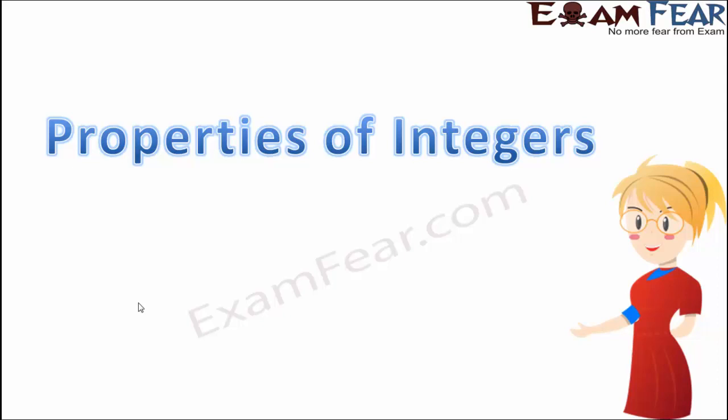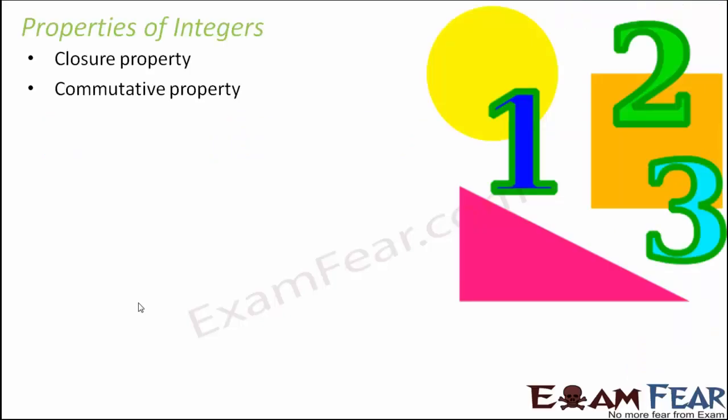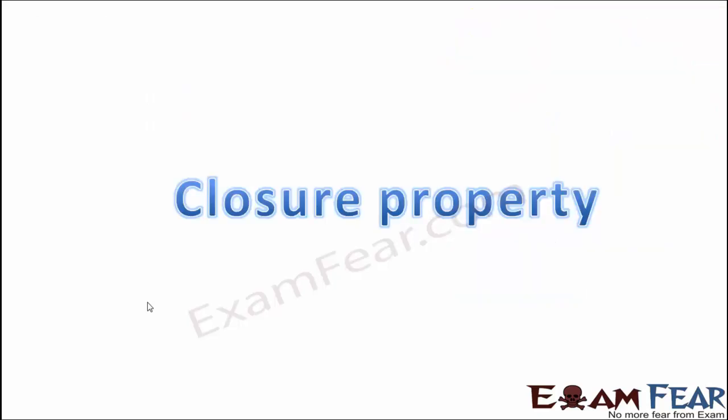So now that we have learned about operations on integers, it is time to talk about properties of integers. Integers also follow a lot of properties and we will see how these properties are going to help us. Some of the properties that we will discuss are closure property, commutative property, associative property, distributive property. I am pretty sure that these names are no more new to you. You have learned about these properties for whole numbers in your previous class. This time we will learn about the same properties but for integers. So let's start with closure property.